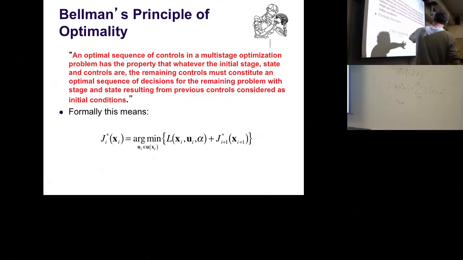So what does it mean? It essentially means wherever you are and you look around, at this time step i, if you apply a control u_i, that costs you some money. And you can see how much a particular action costs me. Where does it take me? So what is the state i plus 1? And what is going to be the total cost to get to the goal from here onwards? The star denotes the optimal cost. So you assume at this moment that for every state, you already know the optimal cost to go.